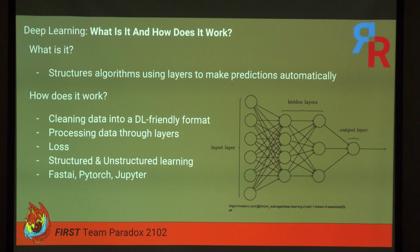Okay, so pretty much how it works is you have your input layers, and then you have a series of hidden layers where these algorithms are given random values, like random filters, that are processed through these different layers, looking for patterns. For example, if you were predicting images, that's called unstructured learning. It looks at all these images, puts a filter over it, and maybe in that filter it's looking at edges or eyes or something like that. It's figuring out similarities in the pictures you're feeding in. And then as it's processed through these hidden layers, you eventually get your output layer,